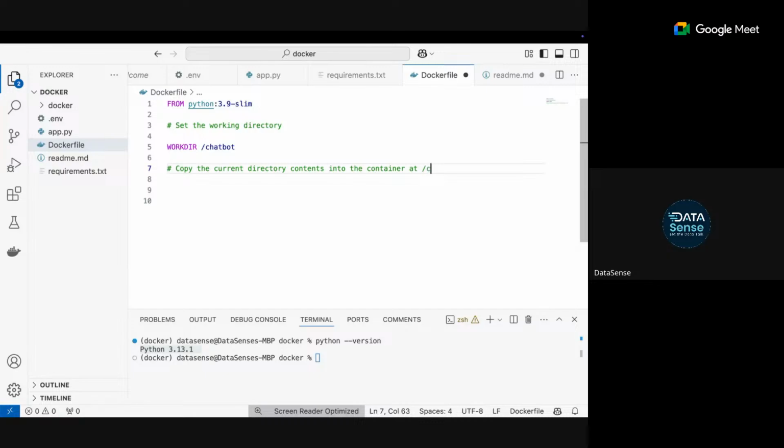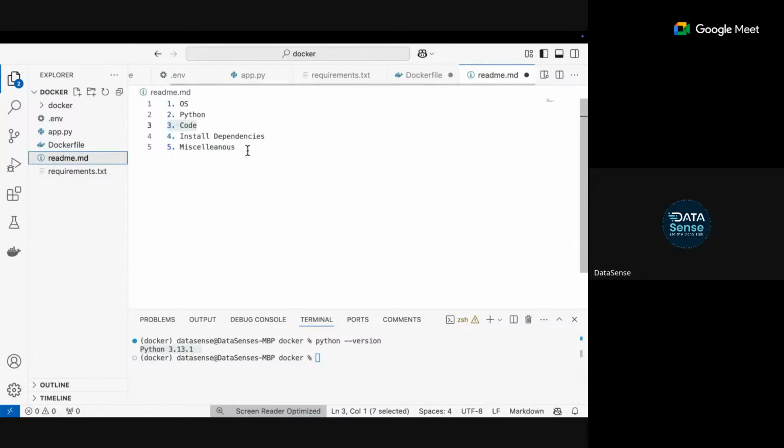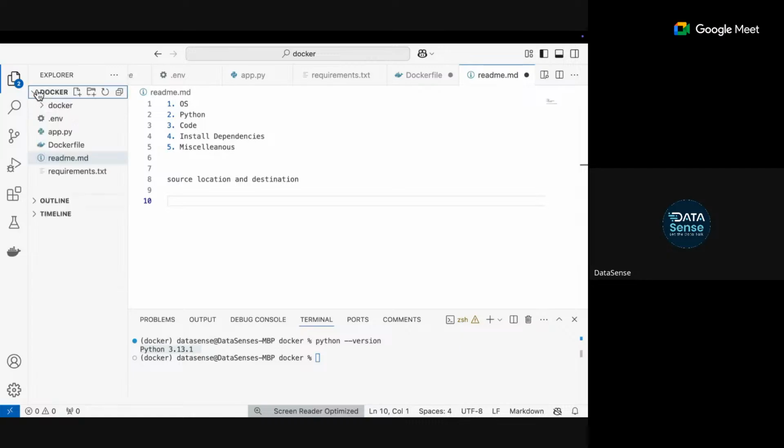This is my chatbot, right? Now, whenever we copy, what do we need to know? We need to know a source location and we need to know a destination. दो चीजें चाहिए. What is my source? My source is my present folder. Suppose I am creating a Docker file inside this Docker folder.